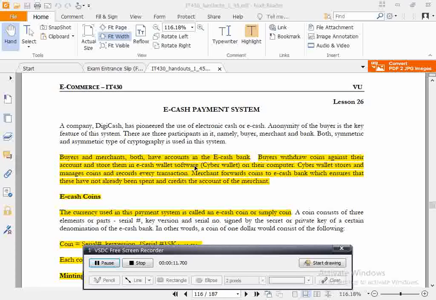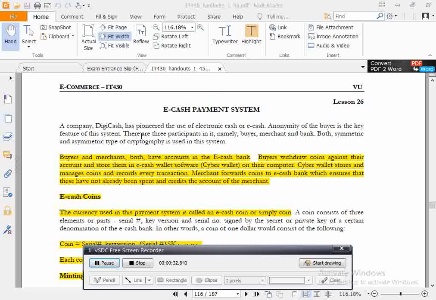आज हम IT 430 का, हमारी बुक ऑन ई कॉमर्स IT 430 का, लेक्चर 26 स्टार्ट कर रहे हैं। 23 to 25 लेक्चर्स हम पहले वीडियो में कवर कर चुके हैं।